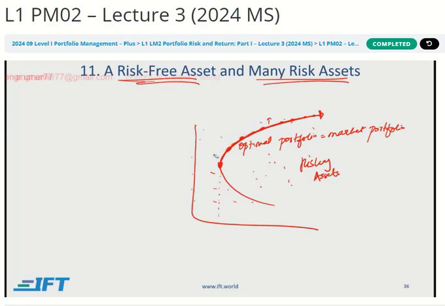So we have to find that optimal portfolio, and the way we find it is that we take a risk-free rate, which is the return you can make without taking any risk, right? You can take zero standard deviation, which is your risk-free rate, and then you try and connect your risk-free rate to the efficient frontier as a tangent, right? And the place where it's tangent to the efficient frontier, that is where your optimal portfolio lies. And then you try and see, on this entire line that I have now got, the capital market line,